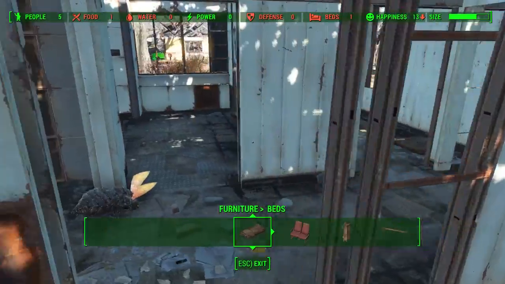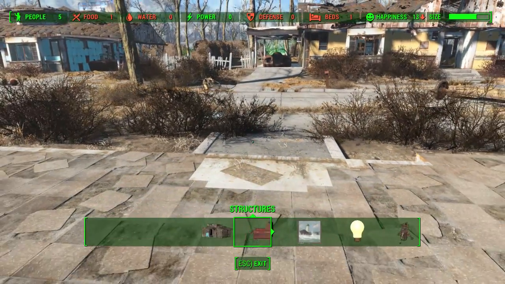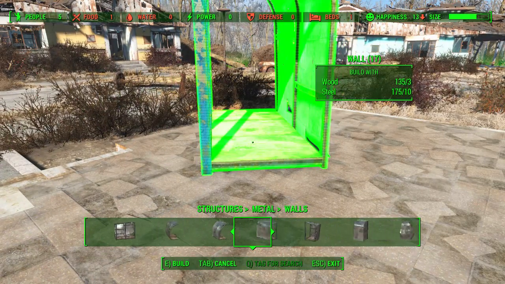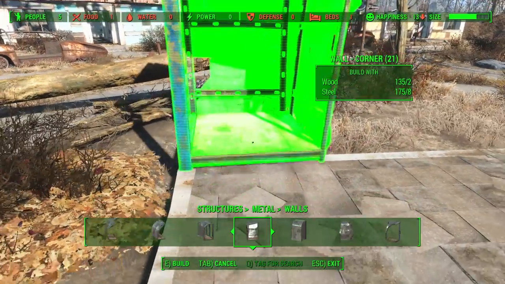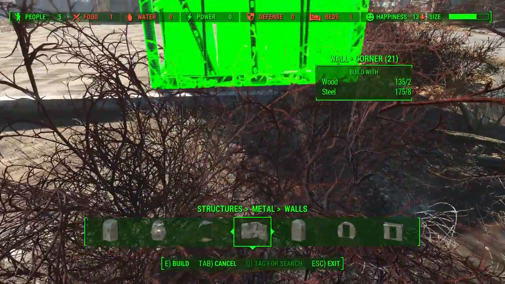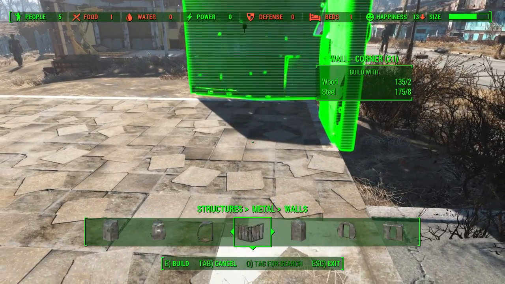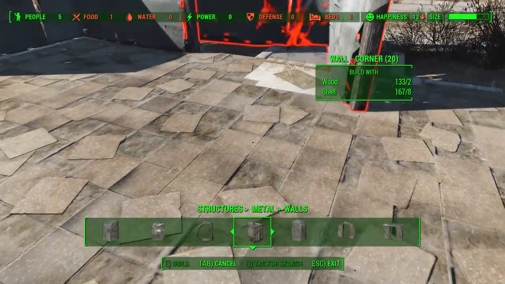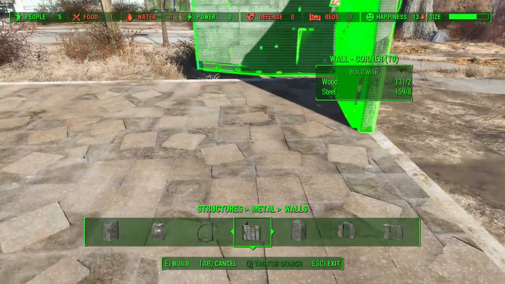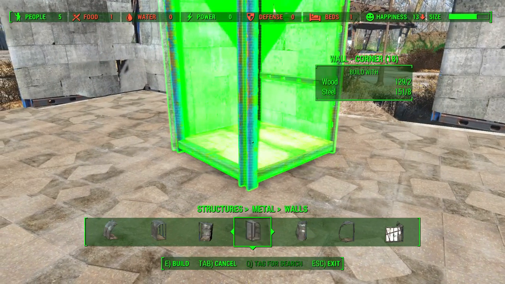So, it's starting to look a little bit nicer already. Just clearing this land out. Got an entire open house here now. And actually, let's go back. Let's go to structures. Let's go to metal structures. Let's do some walling. I just want some actual walls. Okay, so that's good to go right there. That we can put right there. That we can put right there. And, so that's not what I'm looking for. I'm looking for...